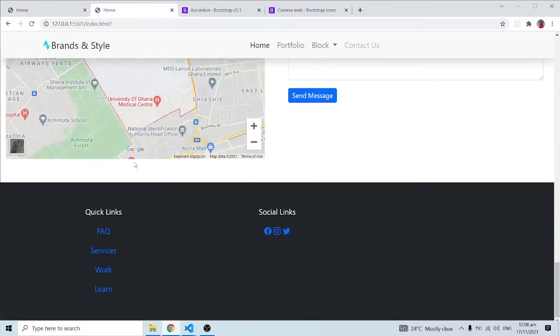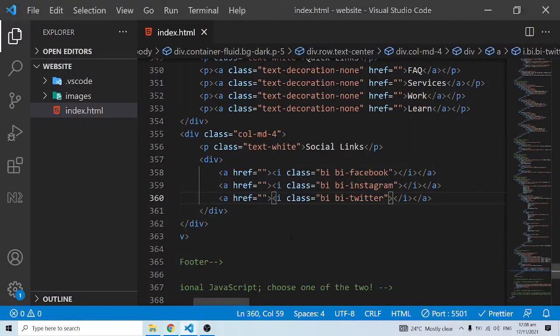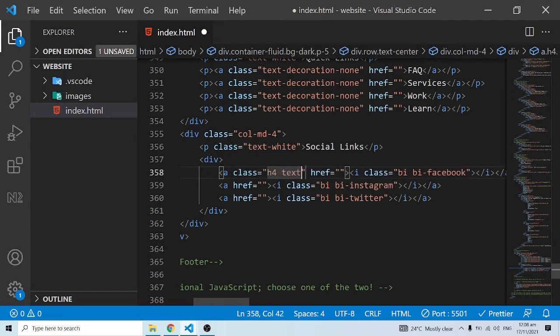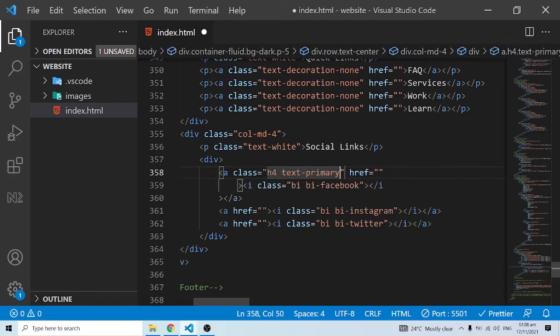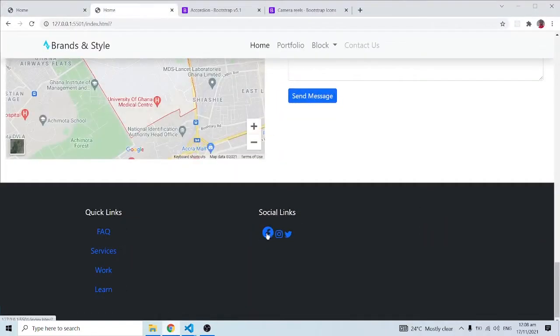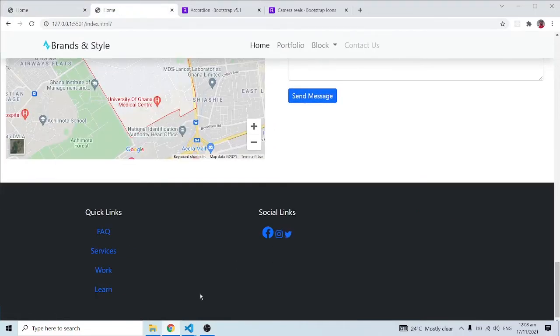So now let's style things up over here, because as you can see, they are looking a little bit bigger over here and they have some styling. So let's come in here and add a class of, let's do an h4 and a txt-primary. Let's save this and let me see how it looks. Okay, I think it's just about the same size,